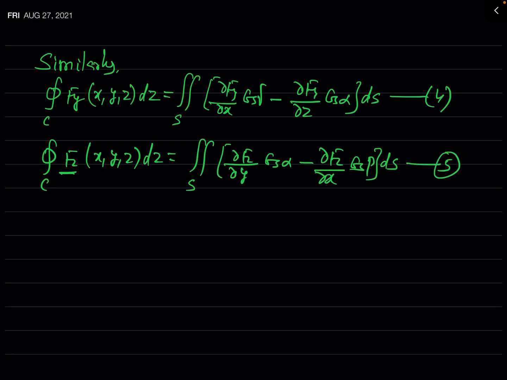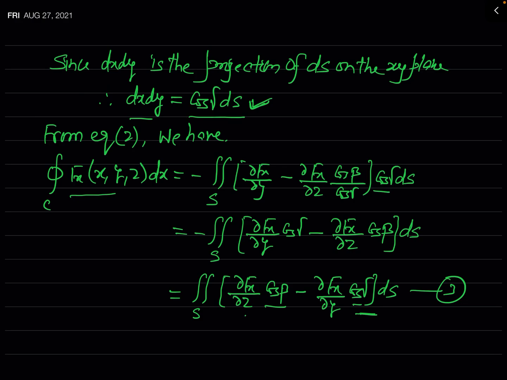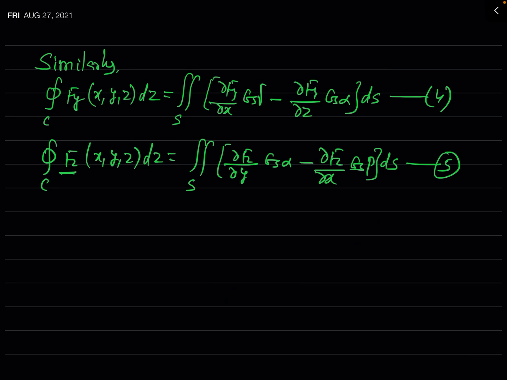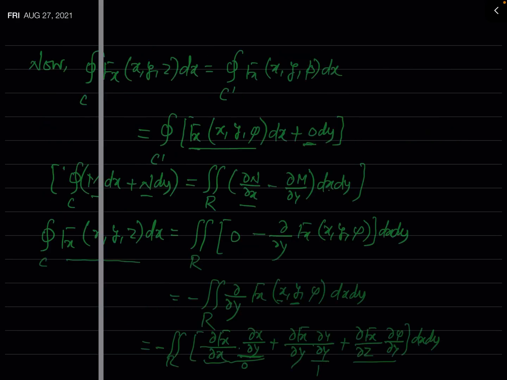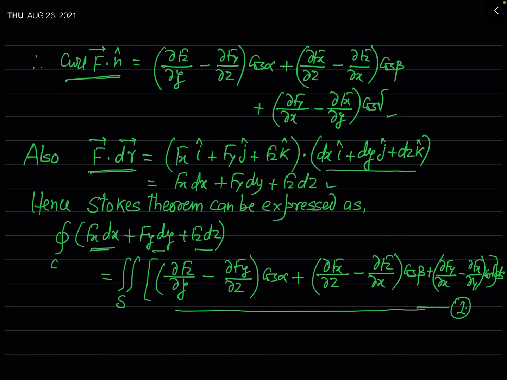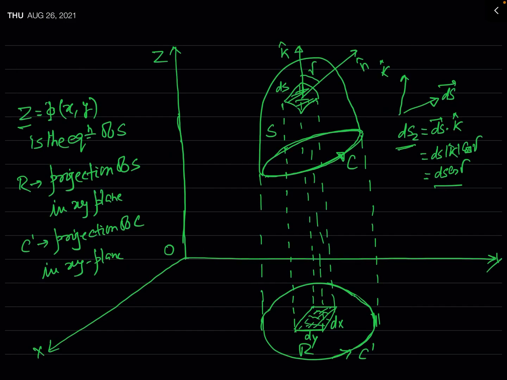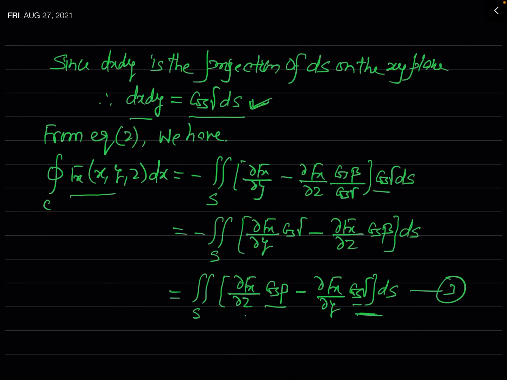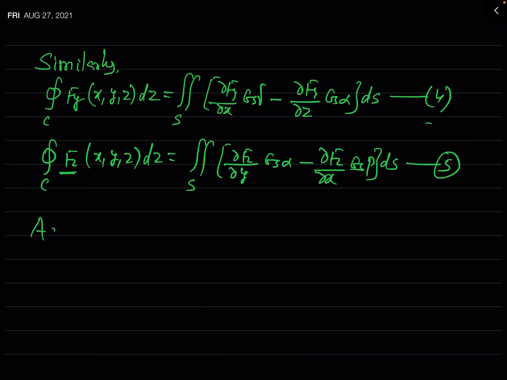Now simply add all these three results, that is the results defined in equations 3, 4 and 5. We will simply add it, and after adding the results you will see that you will obtain the equation which I have mentioned here in equation 1, which is actually the alternative mathematical form of the Stokes theorem. So let us add these results. You can see, adding equations 3, 4 and 5, we get,